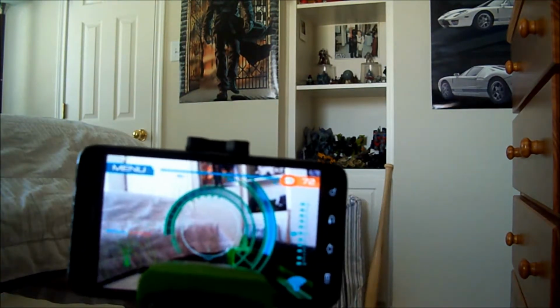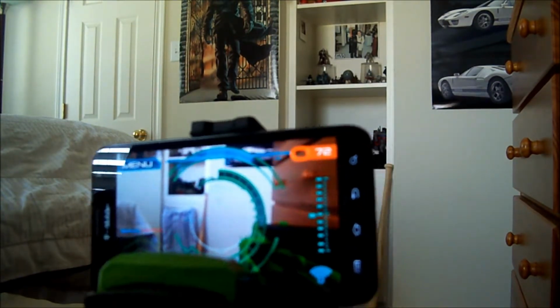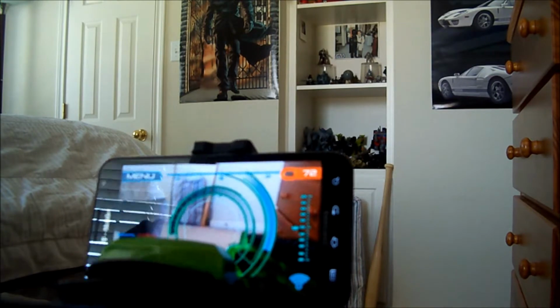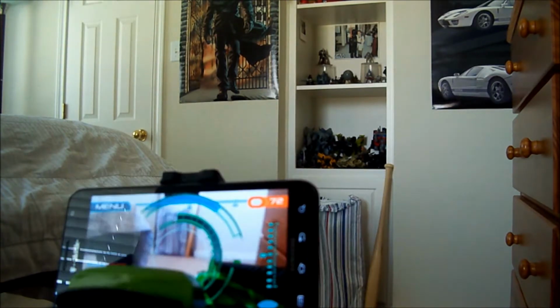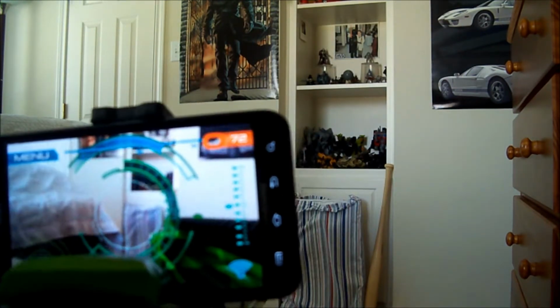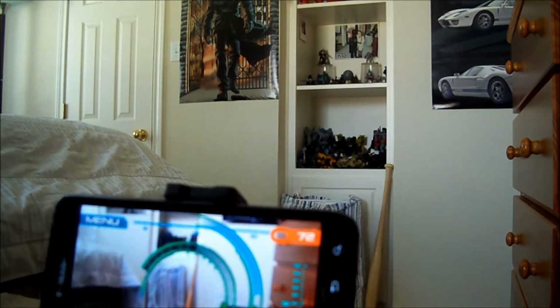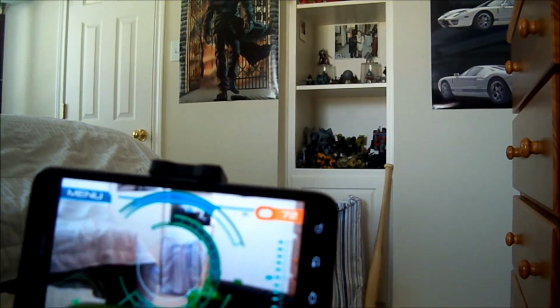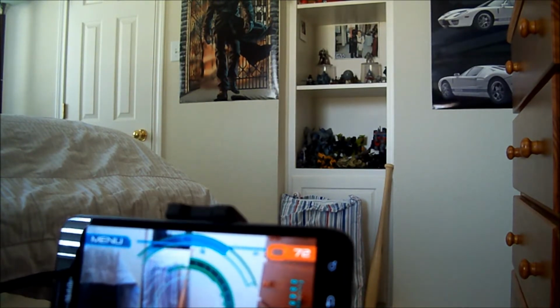So you can see you got a heads-up display. You're kind of in a first-person mode. You can record if you want to. I wouldn't recommend using this phone though because it's just so big and it's probably going to fall off anyways. They actually updated this app from the last time I remember seeing it on some videos. On earlier reviews I've seen that this app was real laggy and its video quality was just real